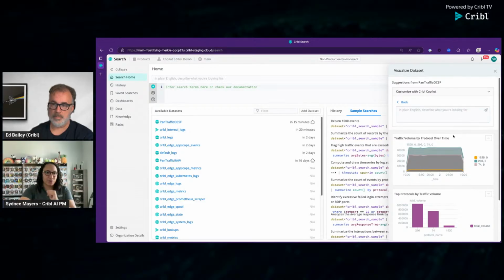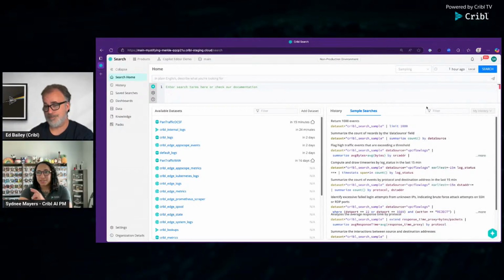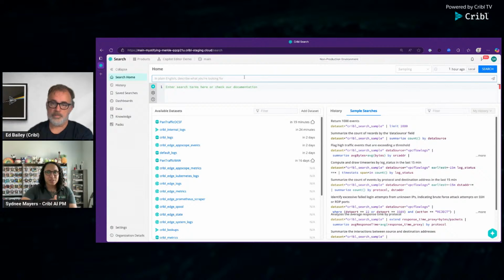You can also come in through the dashboards entry point and go through the same workflow there. So it's a good place to use Copilot to help you build a dashboard and build those visualizations without having to know everything there is to know about this specific data set. Really neat. Diving in the other direction, you'll notice I have a similar plain text box here where it describes to me in plain English, describe what you're looking for.